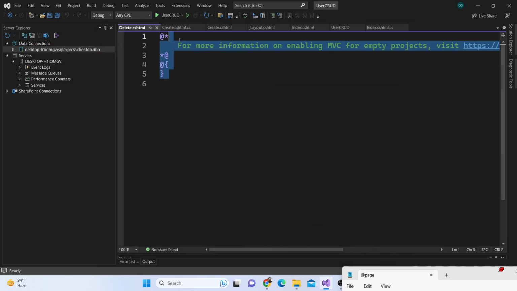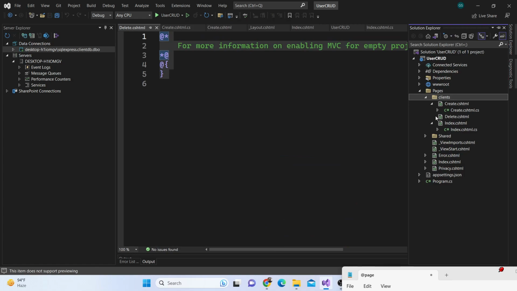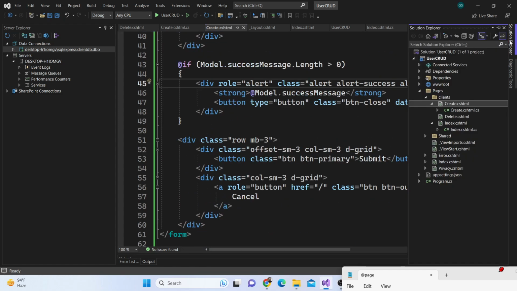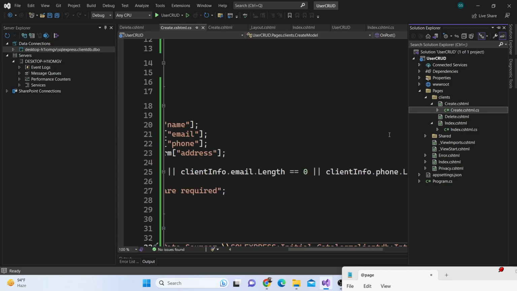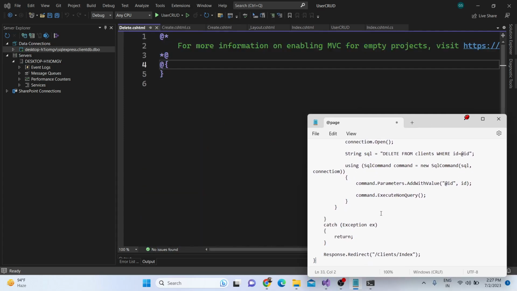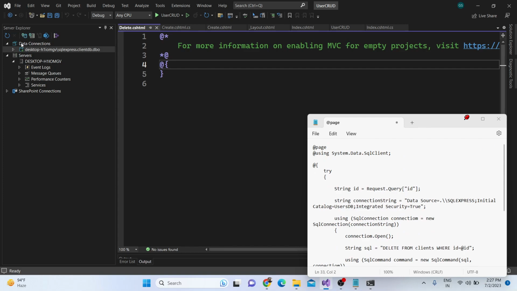So now this will only contain one file. Here we don't need the model class. We don't need this, we only need this HTML file. We don't need this model file for the delete operation. So this delete operation will be pretty simple. So here what we will do right here, guys,